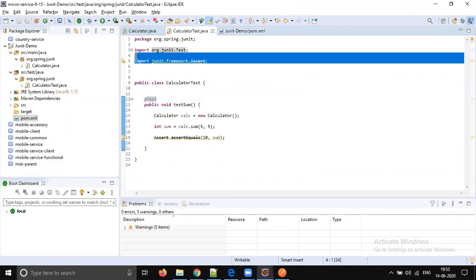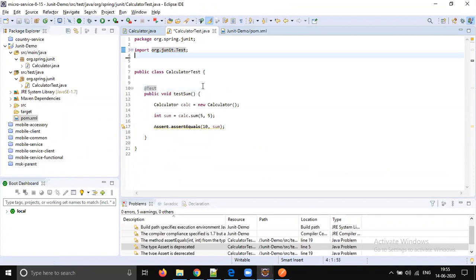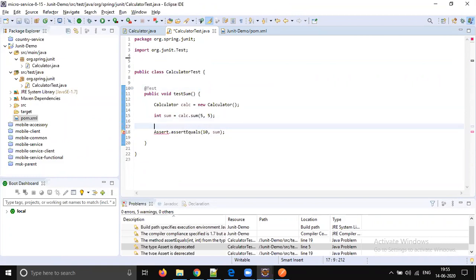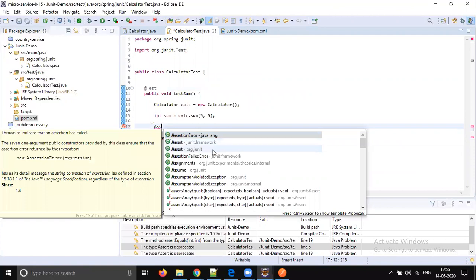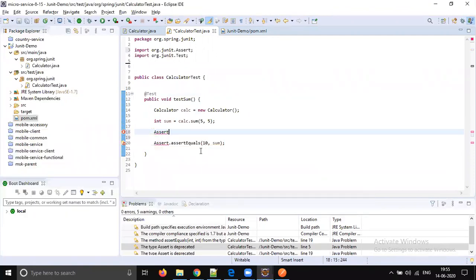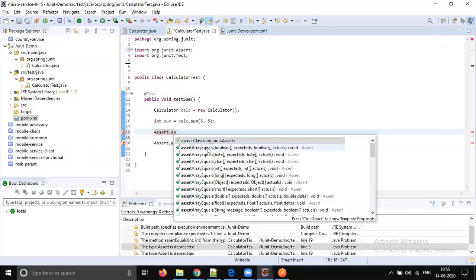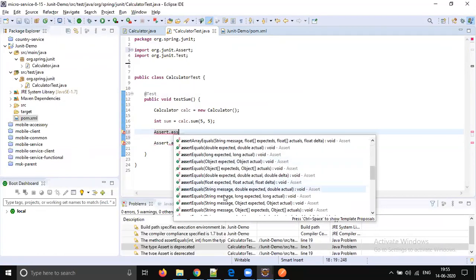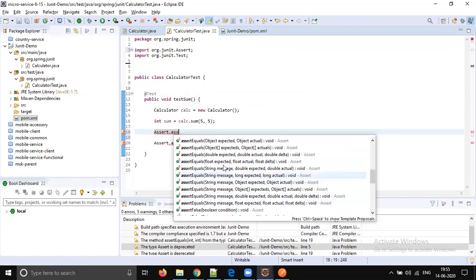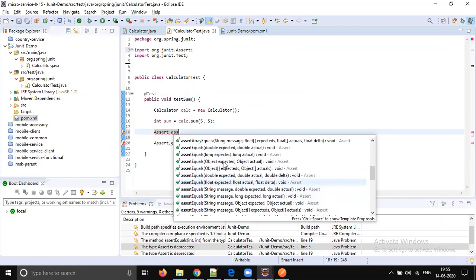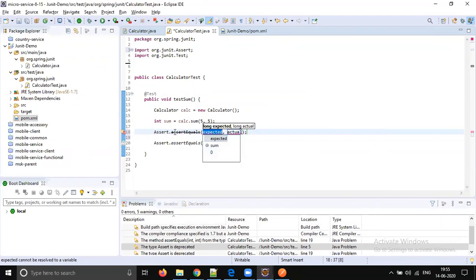Okay, I think this class is deprecated. Let's go for another class. I think there must be some other class which should have been available. So, org.junit.Assert.assertEquals.